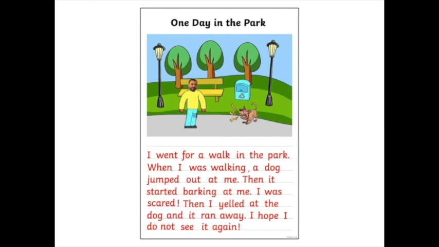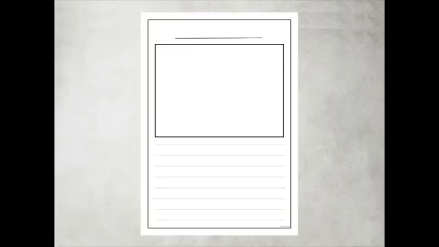Okay? So this is what I want you to do. I want you to think of a memory and write a recount about it. Think of a memory, something that happened to you. Now, what you could do on this paper, maybe you have a photograph of a holiday you went on. You can add it in the box above. Or maybe you have a memory that you could draw. And then write a recount about it. Try to add as much detail as you can. What's happened? How did you feel? Try to add some adjectives in your sentences.